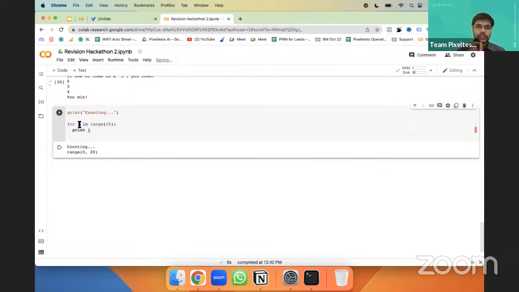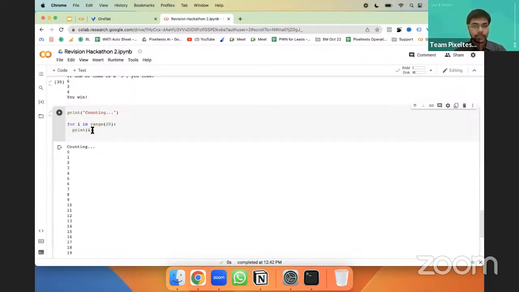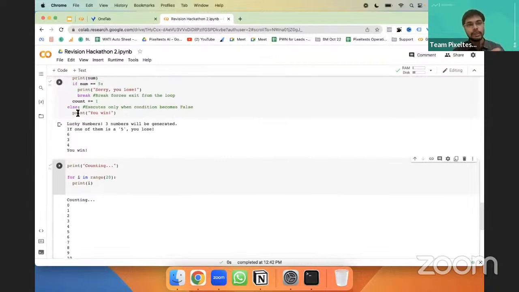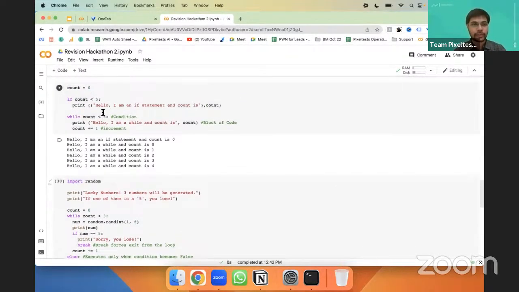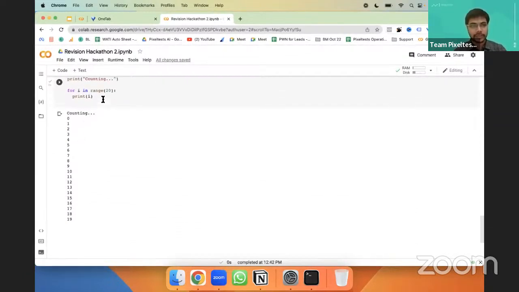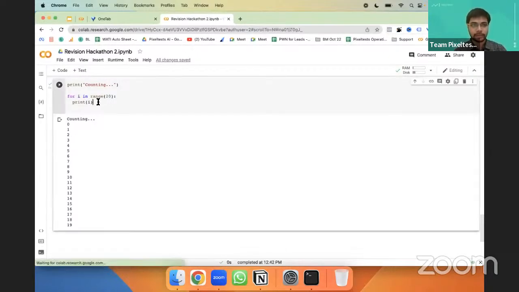Now we are initializing the variable where one element each time is picked up. From 0, first it will pick 0 and then print 0. Let me run this. In that range, it picked 0 and printed 0. Then it self-increments. In for loops, you do not have to write an increment statement like we did in while. It auto-increments, goes to the next item and prints it.